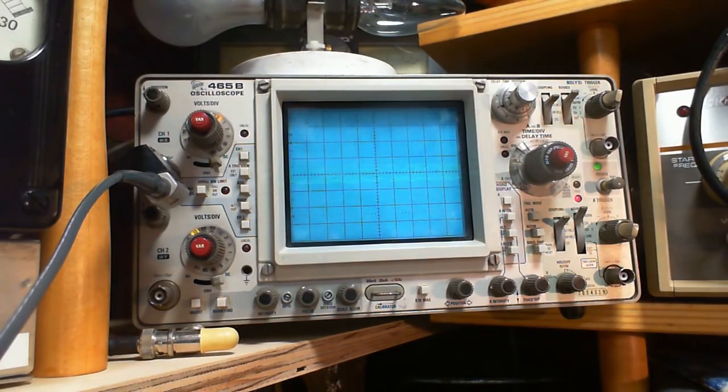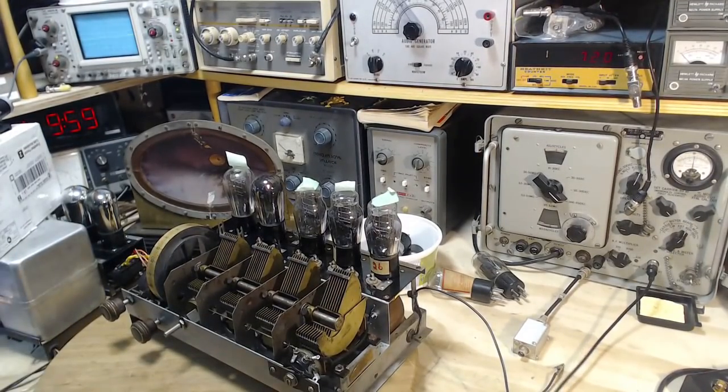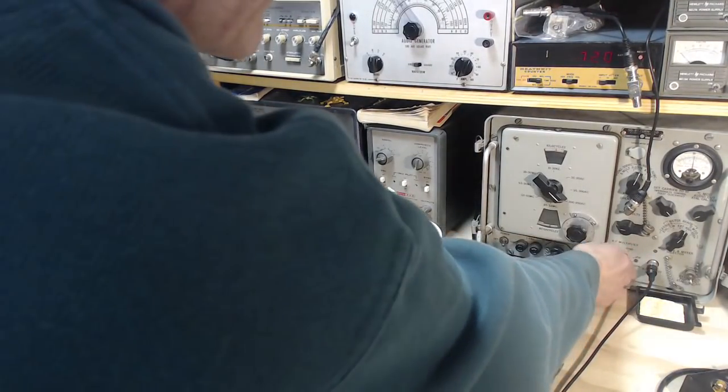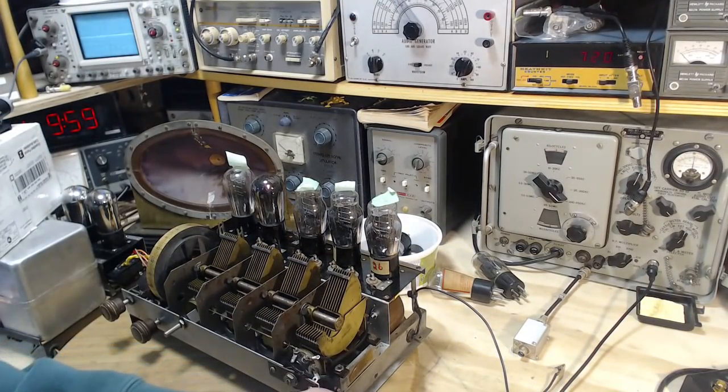Okay, next little experiment here. Feed that signal, as weird as it looks, let me turn it down a little bit, back into the radio. And I had mentioned that